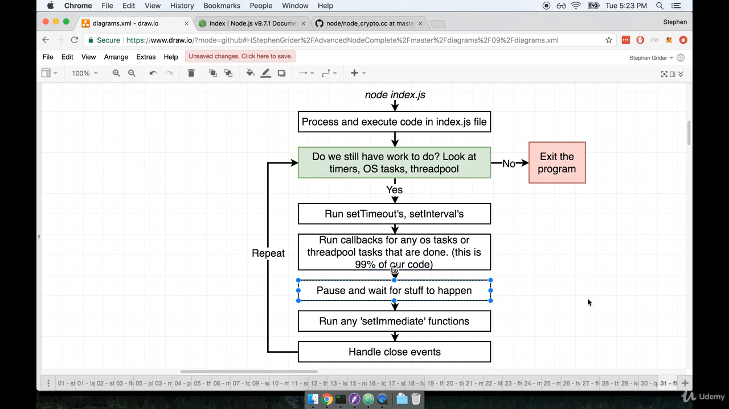Next, the event loop just pauses and sits around waiting for stuff to happen. So it waits for some task to complete, or it waits for some timer to come up, or whatever else it might be waiting for. After that, we then run any set immediate functions that have been defined inside of our code. And then finally, we handle any close events, which allow us to do some amount of cleanup inside of our application. And then of course, the last thing is to go back up to the top and repeat the entire